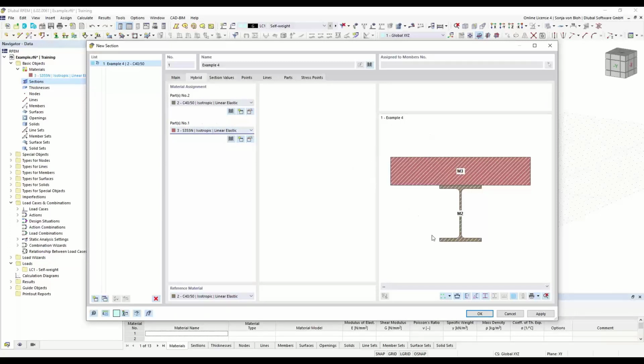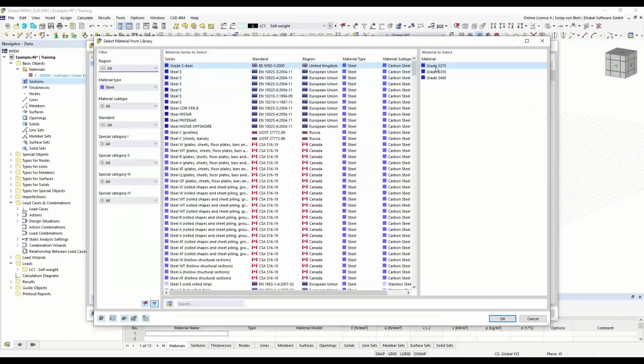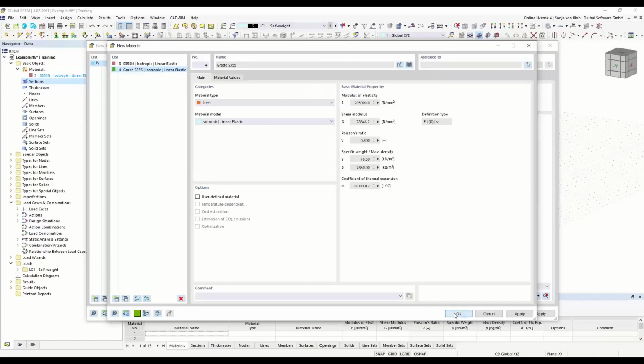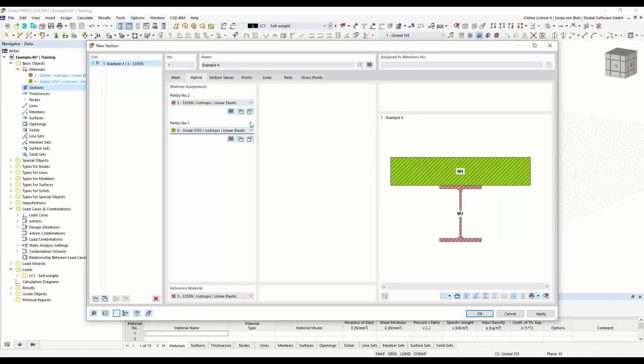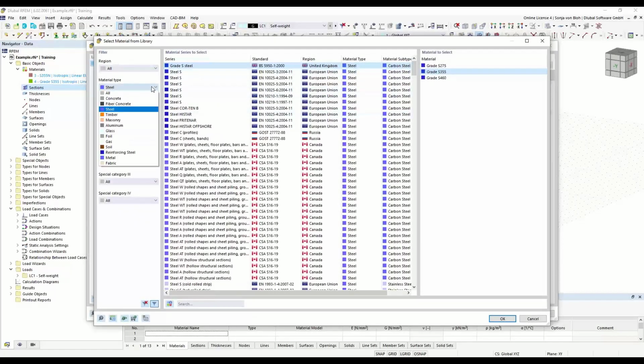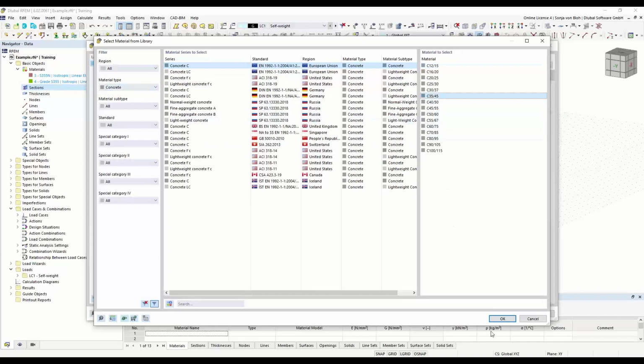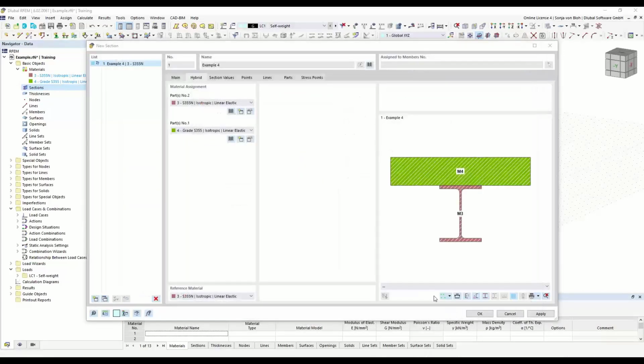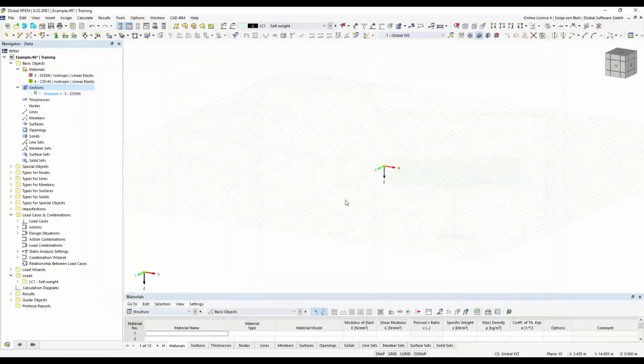And here, maybe it's better here to use this material. And here, different material. Sorry, I have made a mistake. I choose here the concrete material. Okay. So you see, you can change it by your needs, and it's now possible to use this cross-section